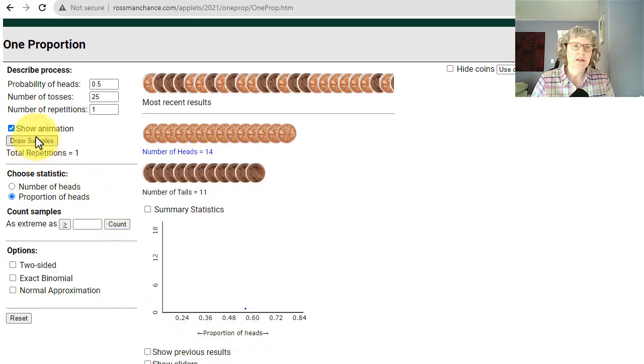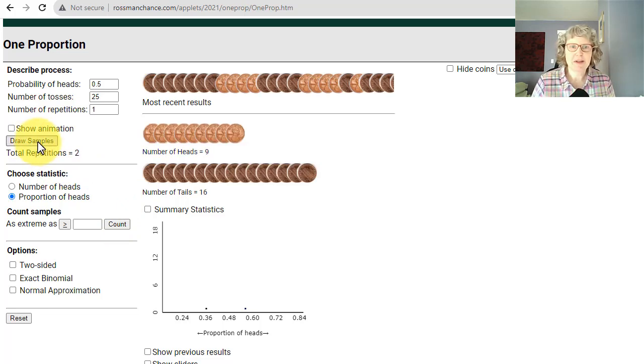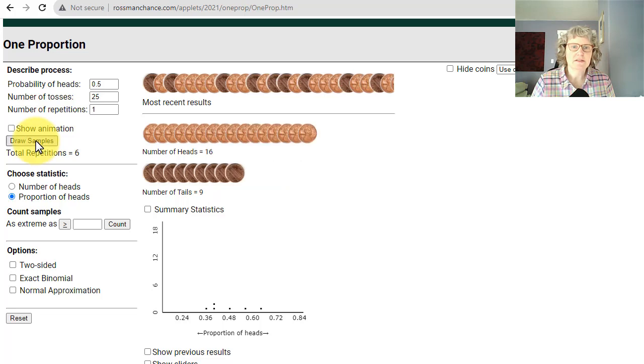But I'm going to do it again. And I'm going to uncheck the animation so it won't take so long, but it'll just show the pennies each time. Okay, in this particular random sample, we had 9 heads and 16 tails. 12 and 13, 10 and 15, 10 and 15, 16 and 9. Okay, and remember we just built up our simulation, and now we've seen